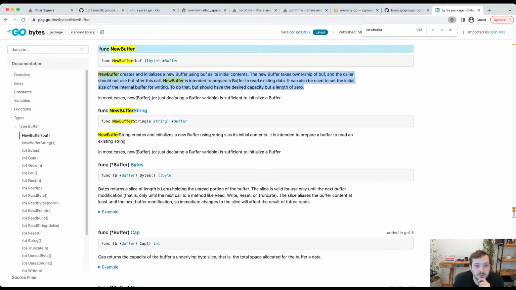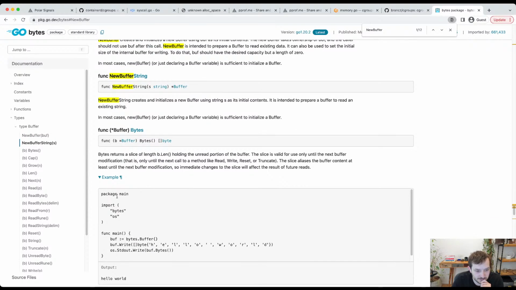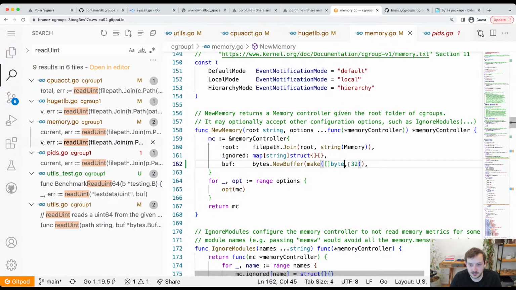It's intended to prepare buffer use to. Okay. We have an example here. If only one parameter is mentioned, it takes it as both cap and size. That's right. Yeah, if we make that we did here, that means that the slice is already of length 32